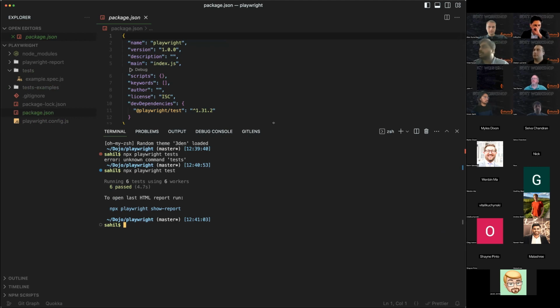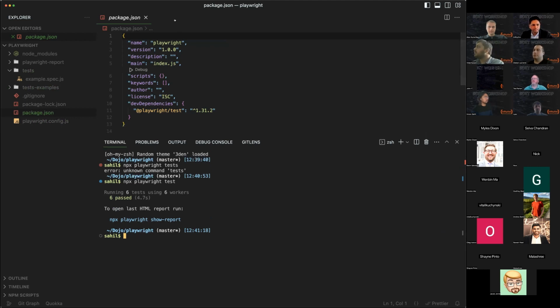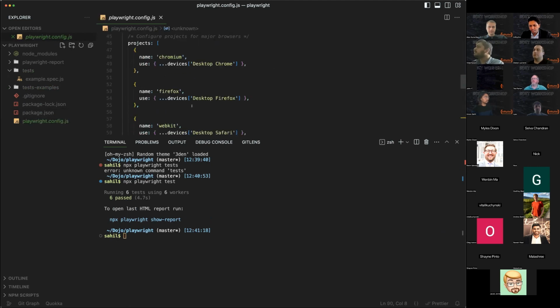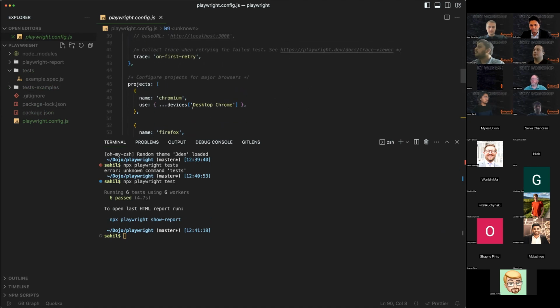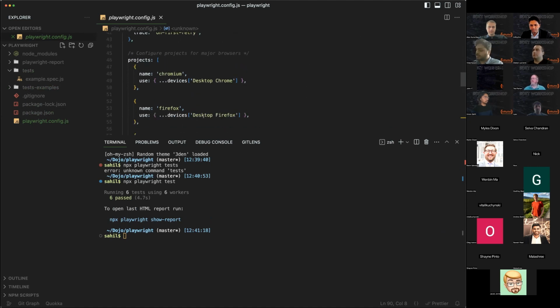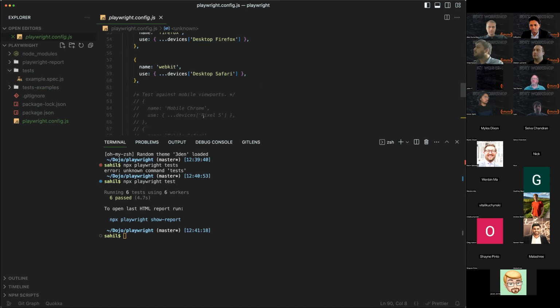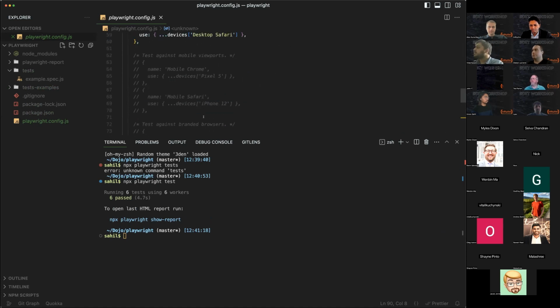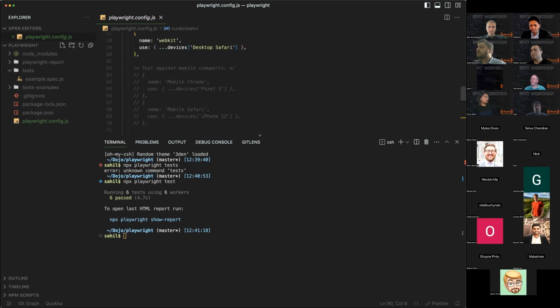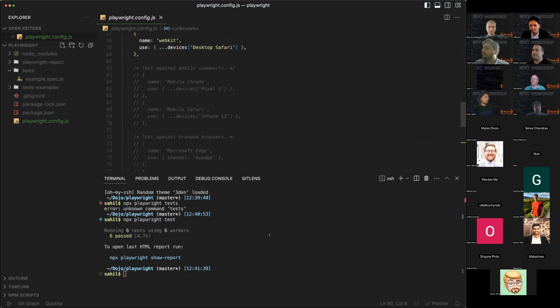We can change that by writing the command. Run the command with headless as false. You can see what it looks like.